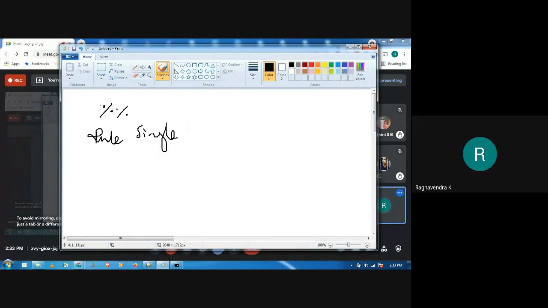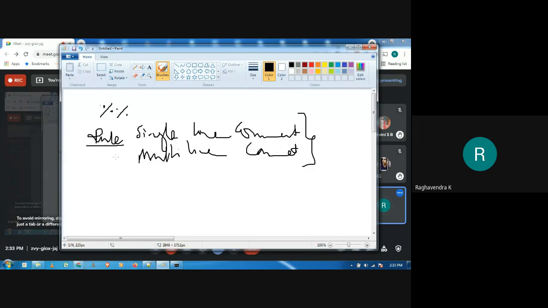So we have rules for single line comment, we should have rules for multi-line comment as well. Okay, how do we do this? Can anyone tell me what is the rule for single line comment?